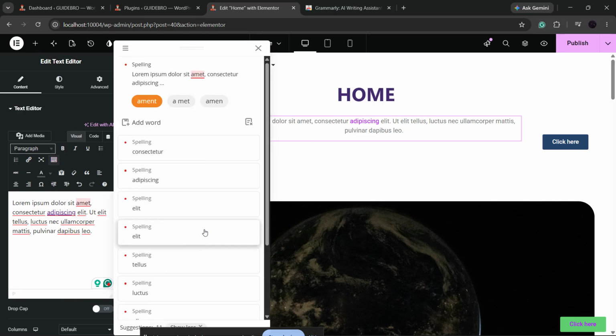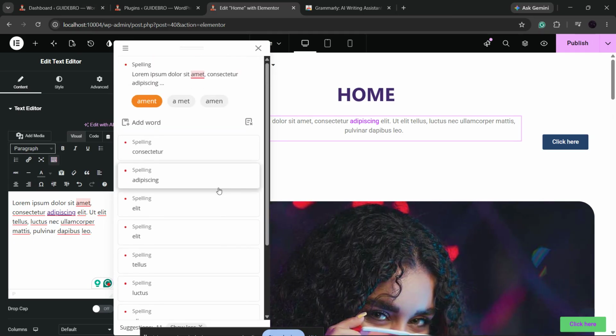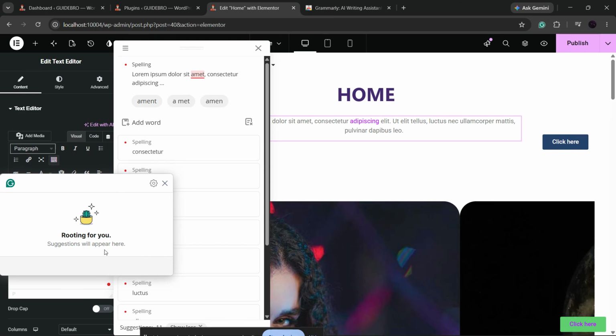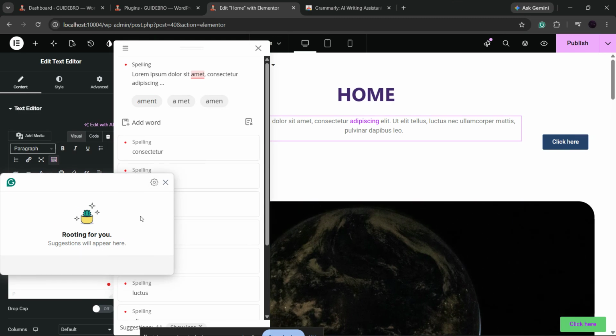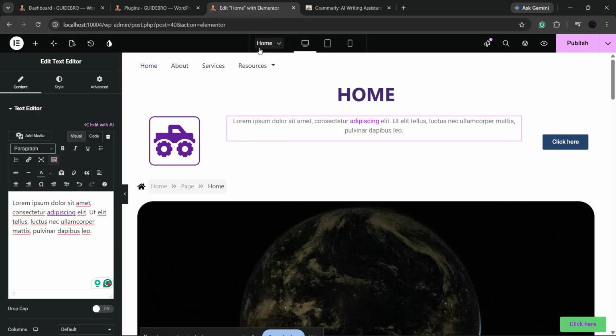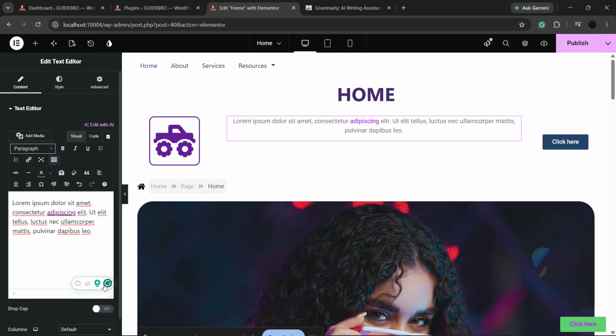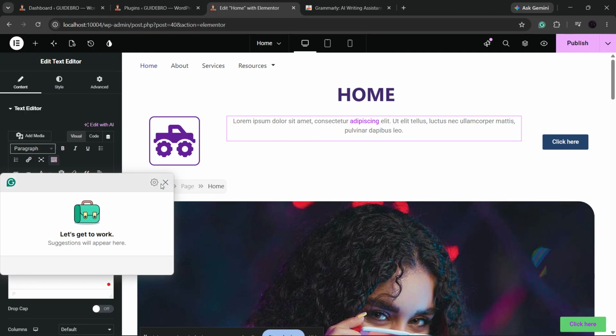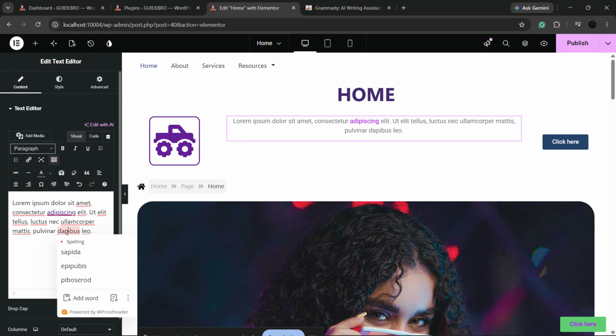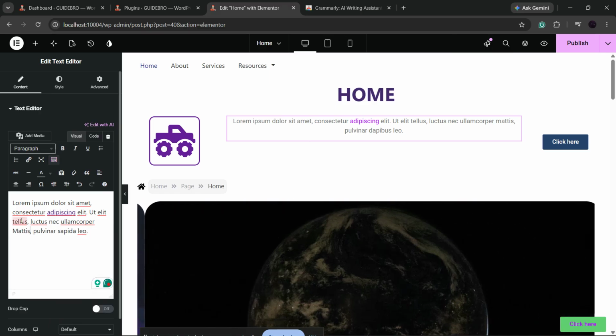If you want to review the corrections, simply hover your mouse cursor over any underlined word or sentence. A small suggestion card will pop up with one or more fixes. For spelling mistakes, it might show the correct word. For grammar issues, it may offer a cleaner version of the sentence or a better phrase. To apply the correction, just click the suggested option in that card. The text in your WordPress editor will update instantly. This makes it very easy to go through your content one mistake at a time and clean everything up before